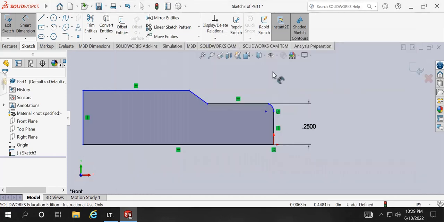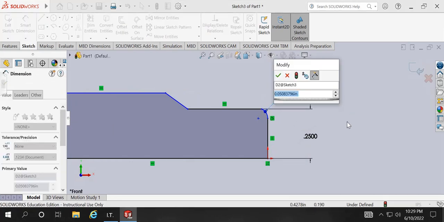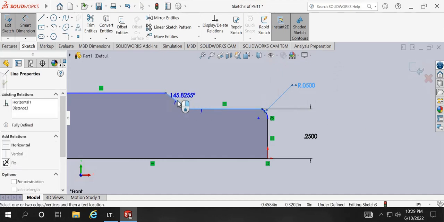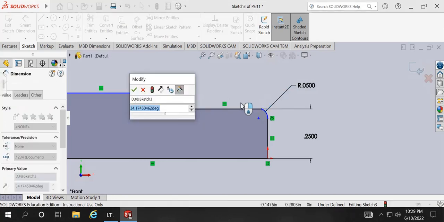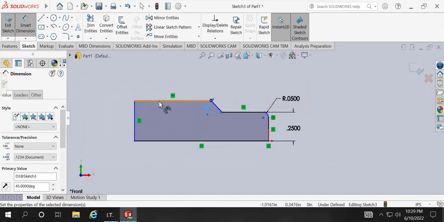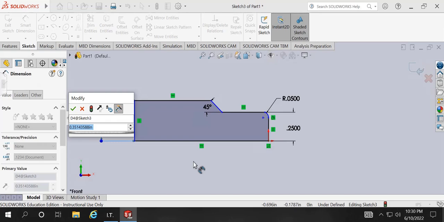There we go. So now we can dimension other as well. We have right here the radius. I'm going to keep it 50,005, and I can give the angle as well right here or this way, 45 degrees, and the blank length basically, or the blank diameter, that's going to be slightly bigger than the actual tool diameter, so I'm going to keep it as, it can be 0.275